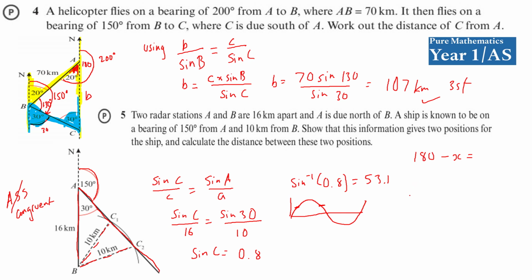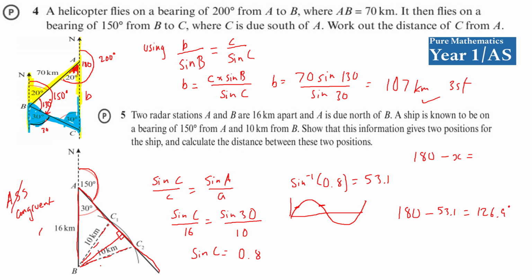So the other angle could also be 180 minus 53.1, which is 126.9 degrees. That has to be an isosceles triangle, because two sides are 10 kilometers. So you could just use the